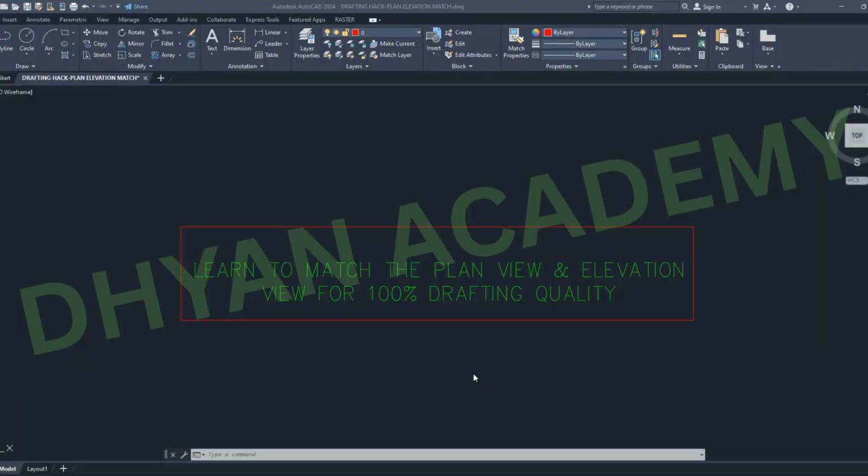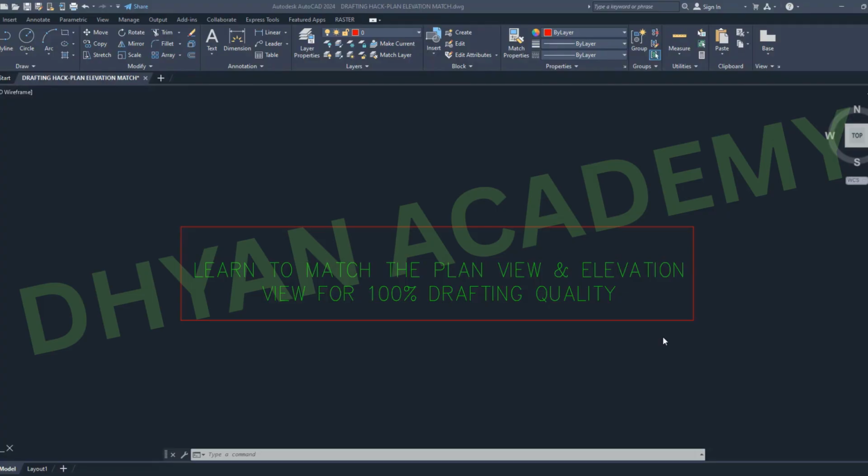Welcome back. In today's class, we are going to learn how we can make 100% precise drawings. As we know, in the civil or architecture industry, we make different types of views, especially in AutoCAD 2D drawings. So we have plan views, elevations, side views, and sectional details and all those. When we are making drawings, there can be some misalignment with the plan, elevation, or other details. So to understand exactly if you're making the drawings rightly, we will apply a process called